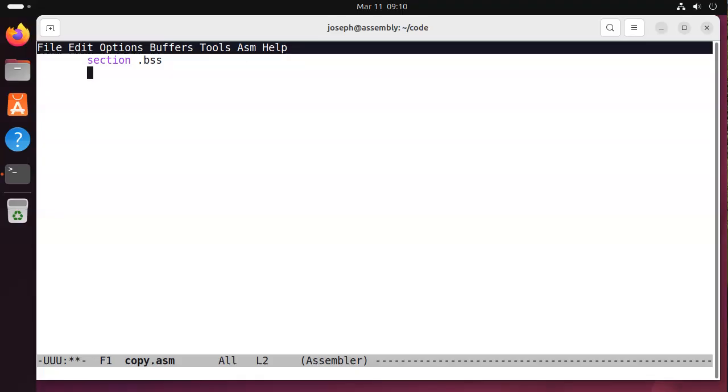So my BSS section, and I need a buffer. The buffer is going to be reserved bytes of 4,096 bytes, which is one page. And then we want to have an in file. So this is going to be the in file address, so just reserve a quad word. And our out file,